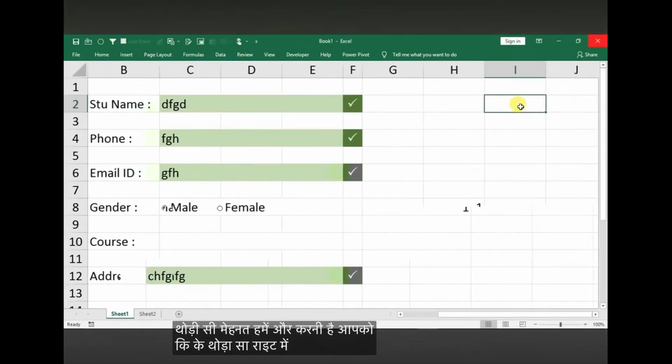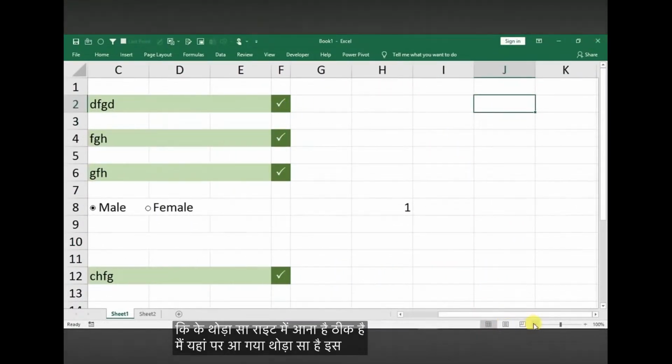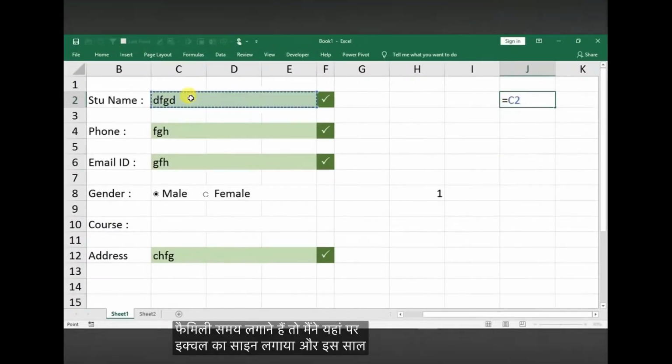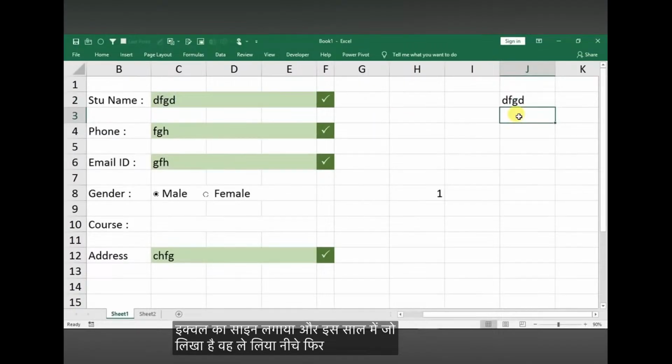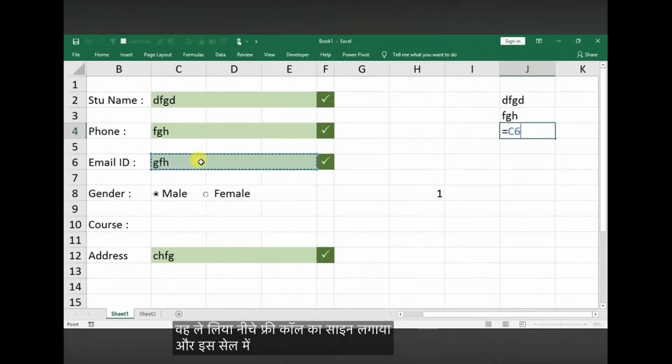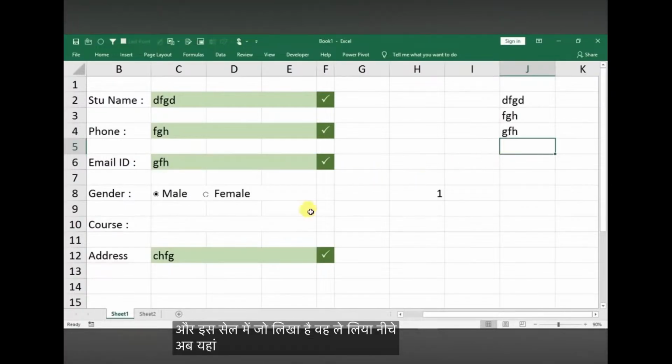आपको सीट के थोड़ा सा राइट में आना है। ठीक है, मैं यहाँ पे आ गया, थोड़ा सा इसका जूम आउट कर लेता हूँ इस तरह से। तो इस सेल पे मैंने क्लिक किया, यहाँ पे थोड़े से फॉर्मुलेस हमें लगानी है, तो मैंने यहाँ पे इक्वल का साइन लगाया और इस सेल में जो लिखा है वो ले लिया। नीचे फिर से एक इक्वल का साइन लगाया और इस सेल में जो लिखा है वो ले लिया। नीचे फिर इक्वल का साइन लगाया और इस सेल में जो लिखा है वो ले लिया।